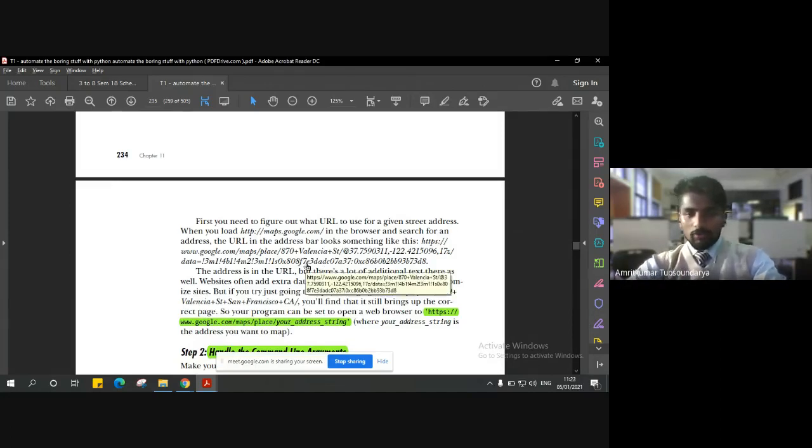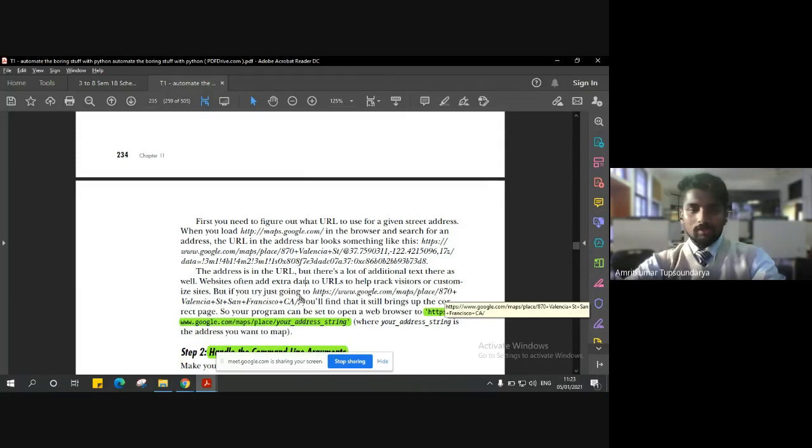But we have to give a specific address in order to make the module understand that this is the address that we are trying to search on Google Maps. So instead of this whole complicated link, the simple link that you can make use of is https://google.com/maps/place.